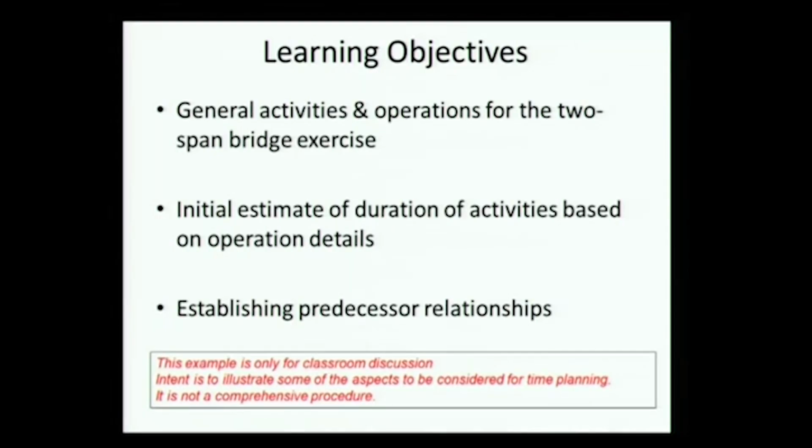Okay. In this session what we are going to do is discuss a small case study, which is the two-span bridge problem. What we want to do is to be able to apply some of the theory we have learnt and see what it results in, especially with respect to network planning. I want to explain how estimation of duration is done for these activities using the bridge as an example. We will also establish predecessor relationships, and we will really get into the details of